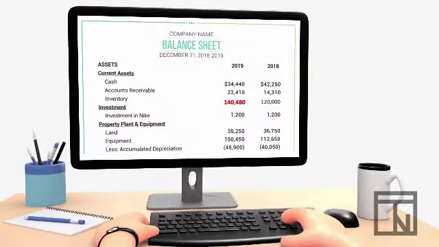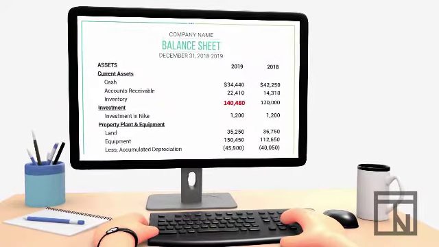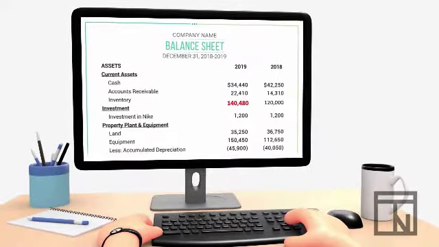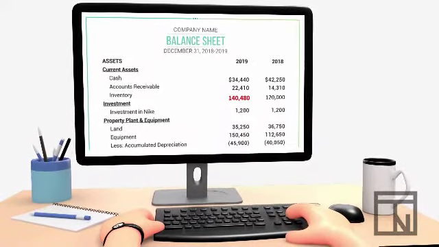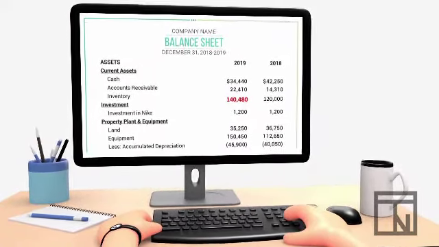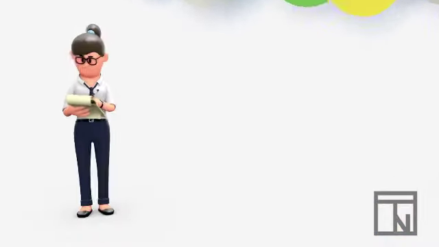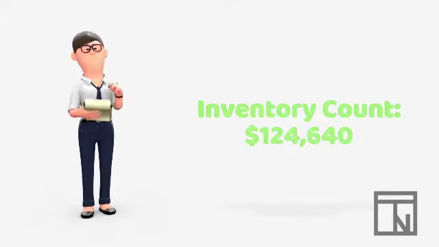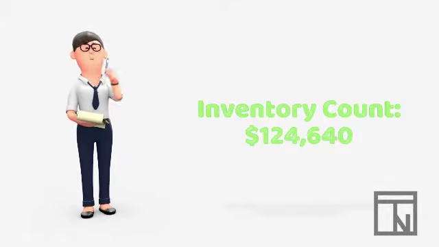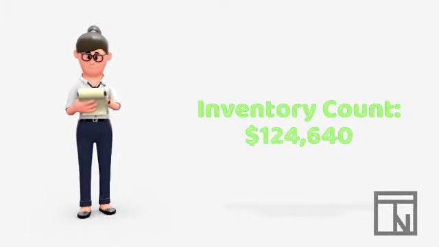Let's see what that adjustment would look like. Let's imagine that your company currently has an inventory account balance of $140,480 on their balance sheet. But that number hasn't been updated all year because they use a periodic inventory system. So at the end of the year, you perform an inventory count and discover that your ending inventory balance should be